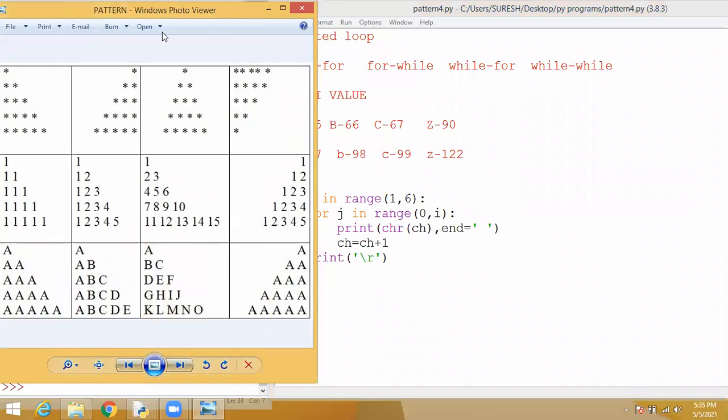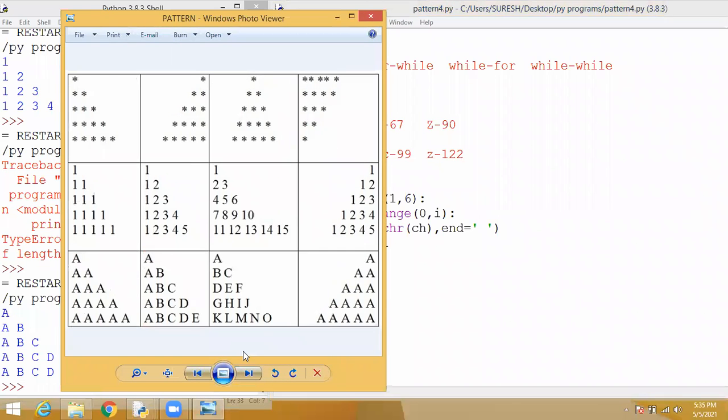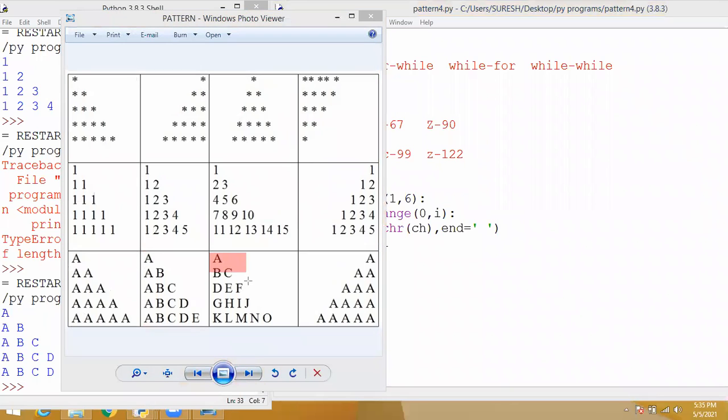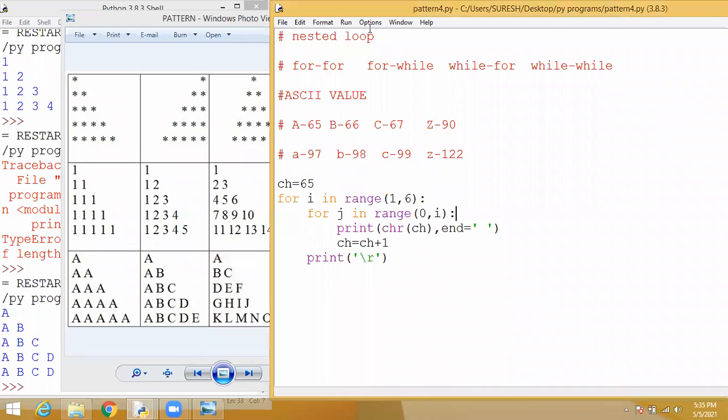So this is our output. Students, everyone understood the output? A, second B C, continuing, the next 3 characters, next 4 characters, next 5 characters. Students understood? Yes, sir. Okay, now I am going to display this output. Listen, this is the program.